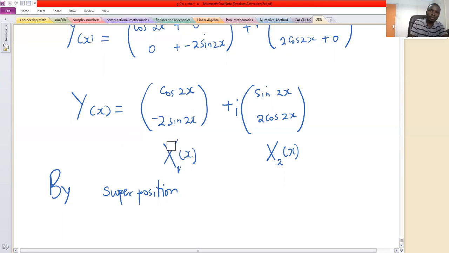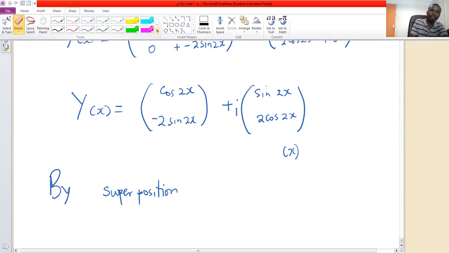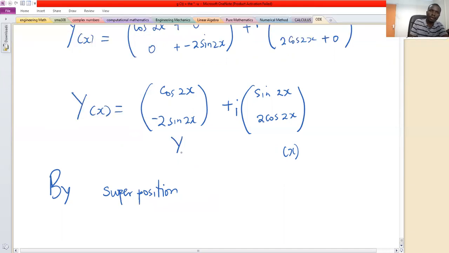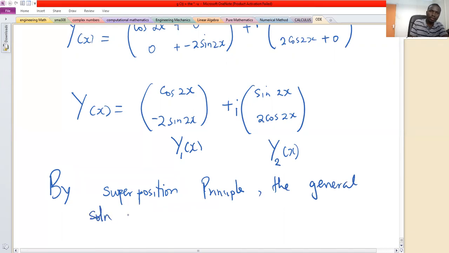Let's not interfere with the notation. So y1 of x, y2 of x. By the superposition principle, the general solution is y of x equals c1 y1 of x plus c2 y2 of x,